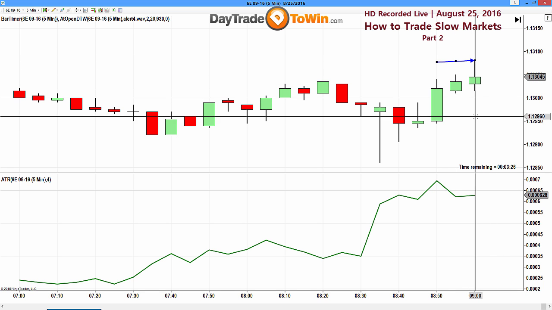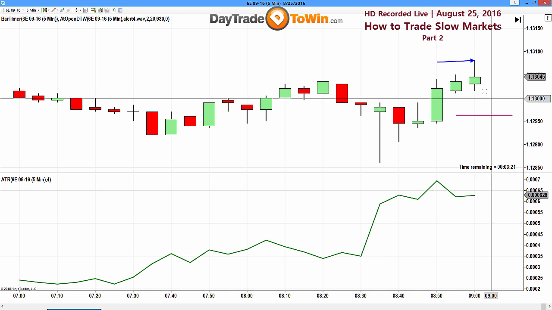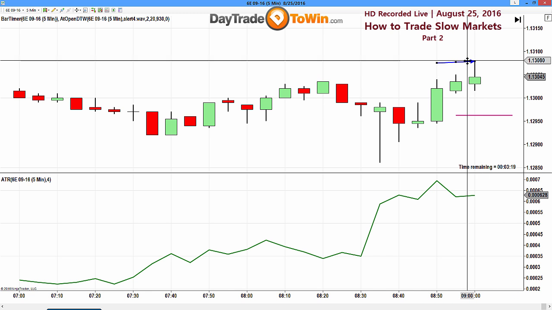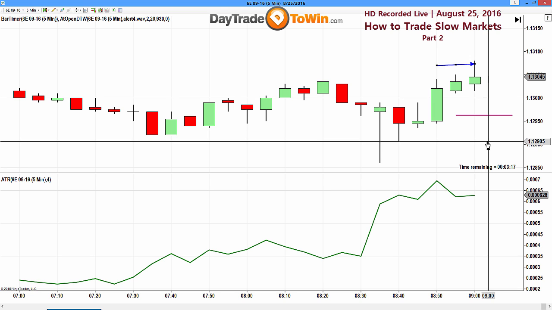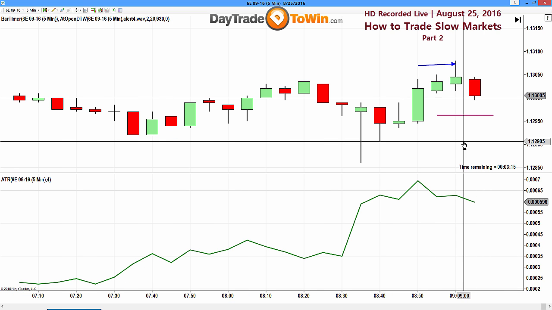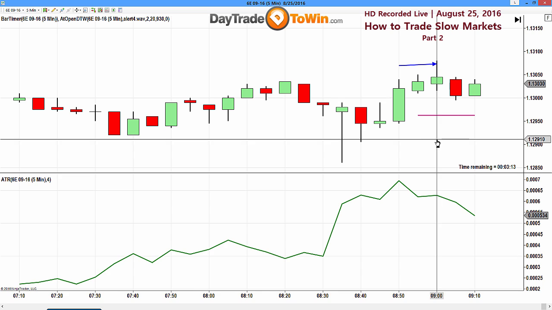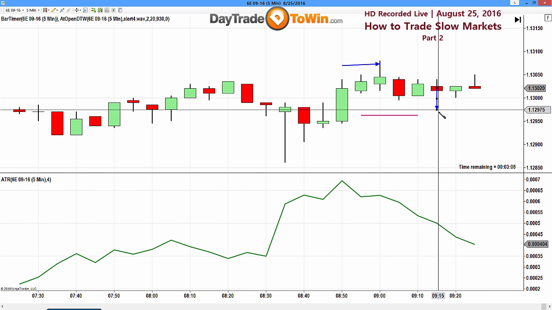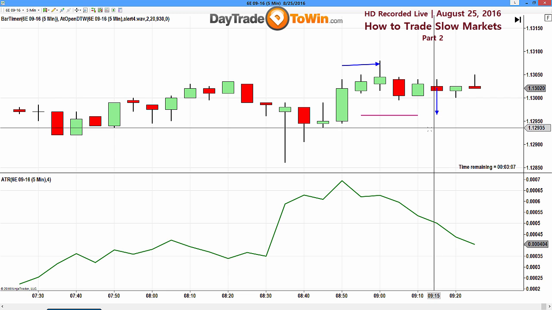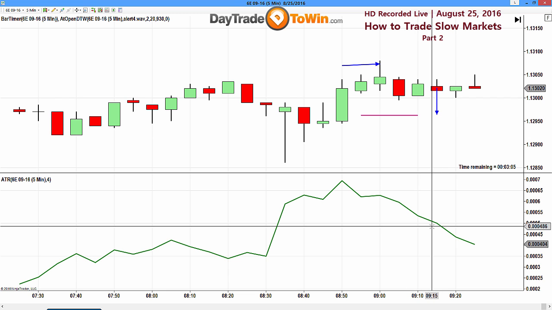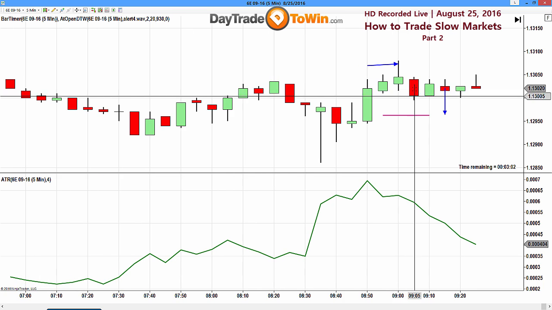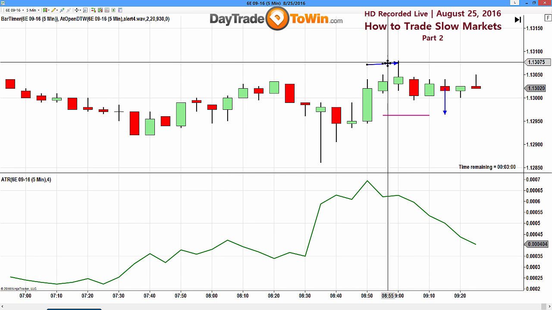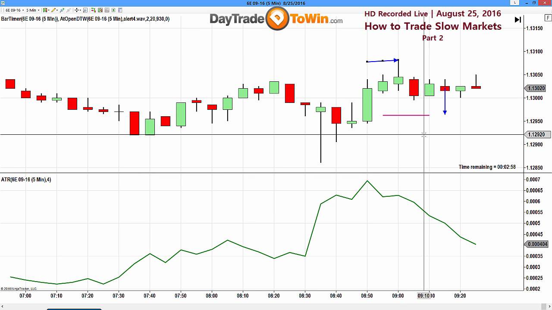Now, if you have an entry that was here, and as soon as this happens you place your limit order down, so you're trying to get filled, and it doesn't. It just turns around. If the market comes back, you're out of the trade. You're not going to allow this missed opportunity to convert into a loss.